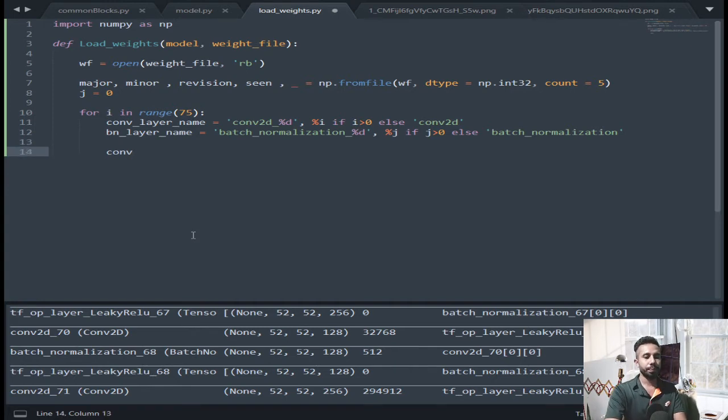So conv layer equal to model dot get layer. The model which we have created previously, I will take the layers from that model, by giving the name of the layer. It will bring that convolutional layer from that model. Now I want filters equal to conv layer dot filters,